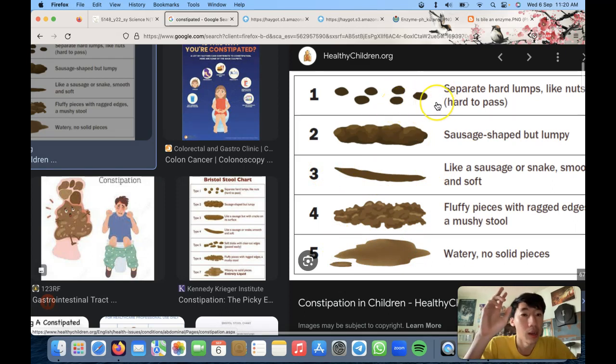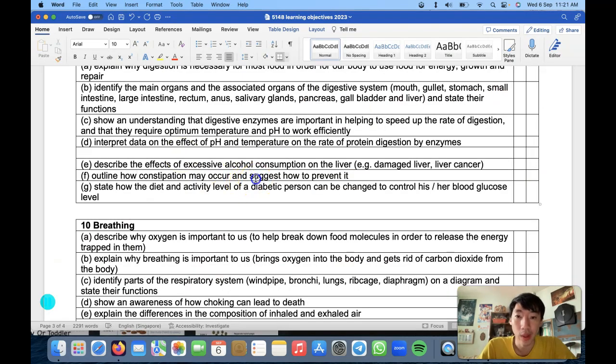That means there's not enough water and not enough fiber inside the feces, so it'll be very hard and difficult to pass motion, because it's like rocks. So constipation, simple. How to prevent it? We need to eat more fiber from fruit and vegetables, and drink more water. If you eat a lot of fiber but don't drink enough water, you can also be constipated. So you must do both.